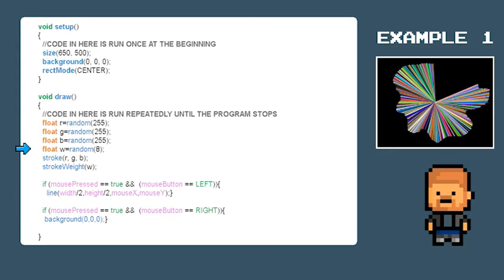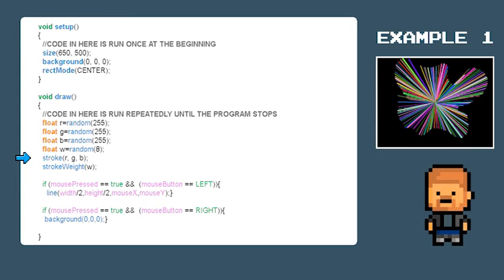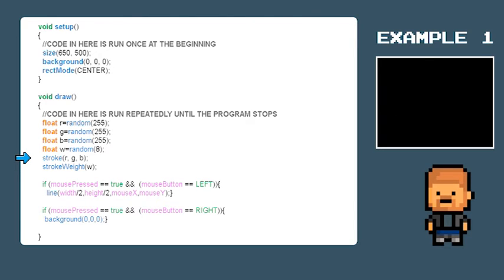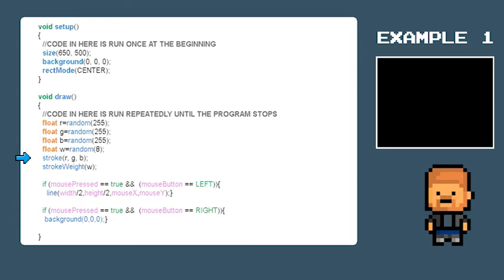The next command we issue is to declare another float. float w = random(8). This will be used to generate a random width for the brush. Next we have stroke(r, g, b). Now stroke is used to draw lines and outlines of shapes, and as we are drawing lines in this program, we are going to make the stroke the value of the RGB variables we just created. That way, every time around the loop, the color of the brush will change.